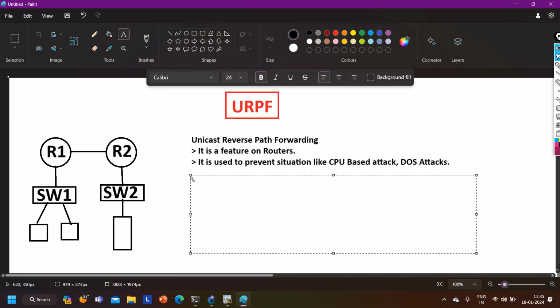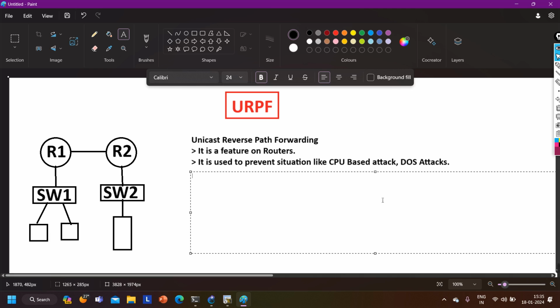So what you can say here, hope now this is clear to you why we need uRPF. It is just to prevent CPU based attack or DOS attack. Now what we can say, uRPF is